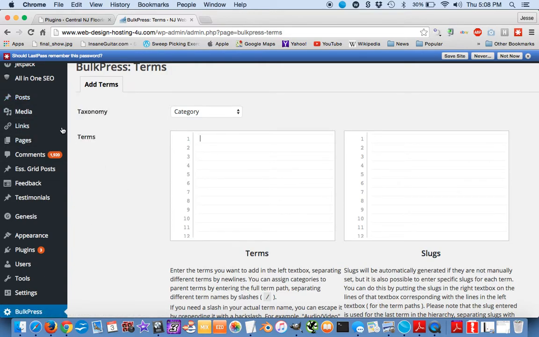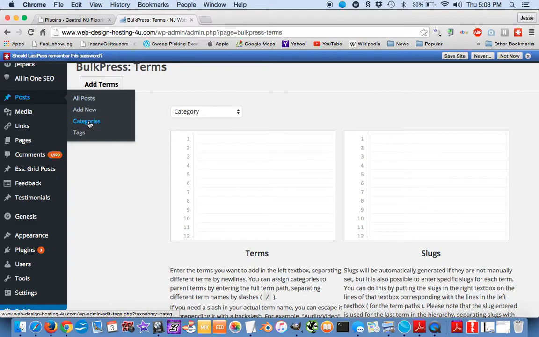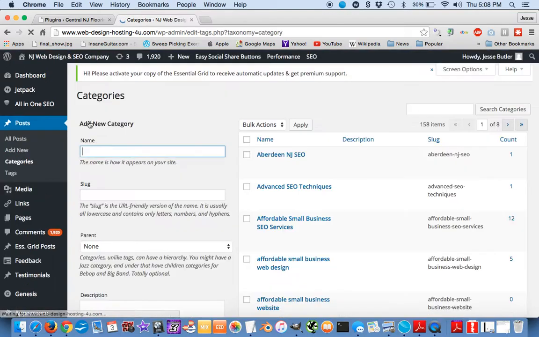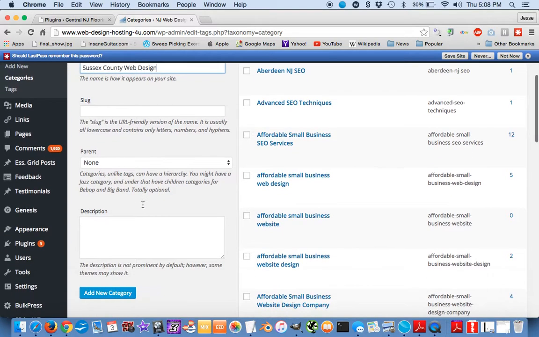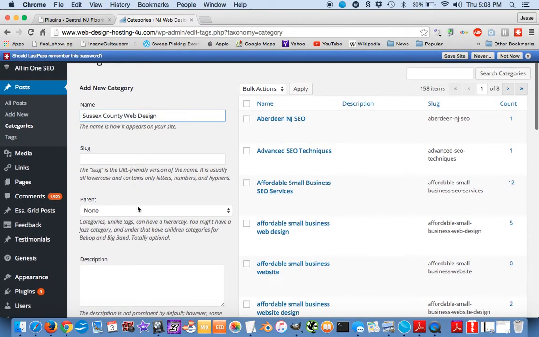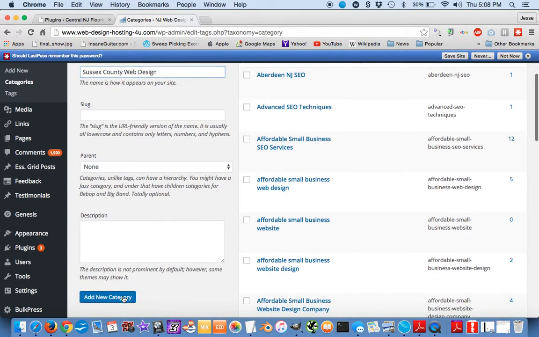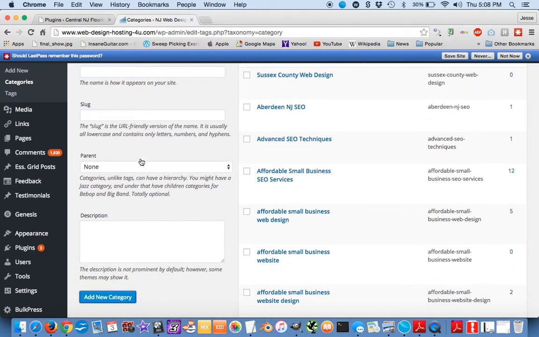To create the parent category, you go to Posts, click Categories, and then add a new category, Sussex County Web Design. And leave the slug empty, parent none, description none, add that category. Okay? Then what you're going to do